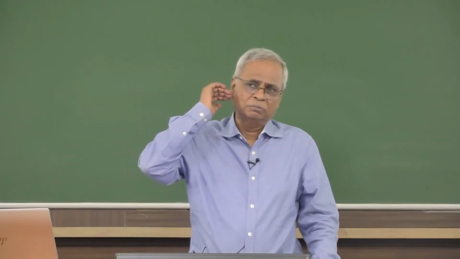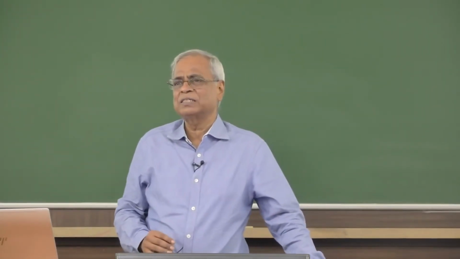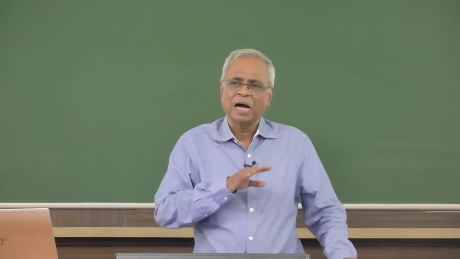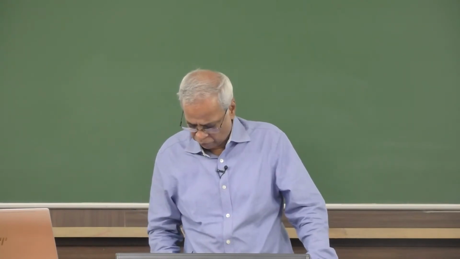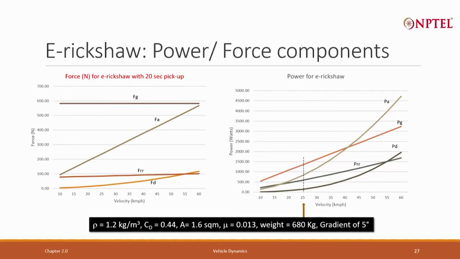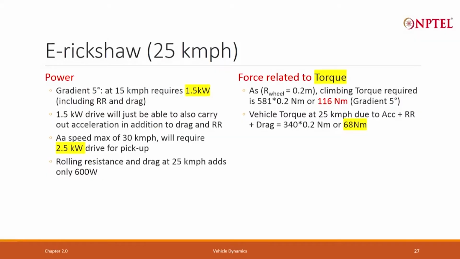So, on the flyovers and highways, e-rickshaws are not allowed. So, one is a limit of 25 kilometer per hour, the second is a limit of the force, the torque. Vehicle torque at 25 kilometer per hour,